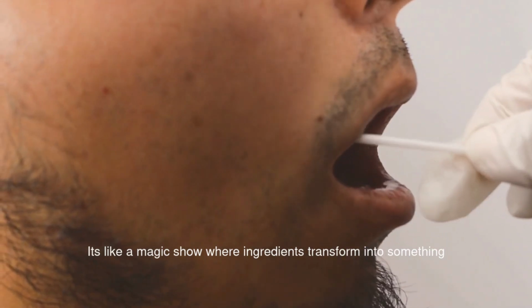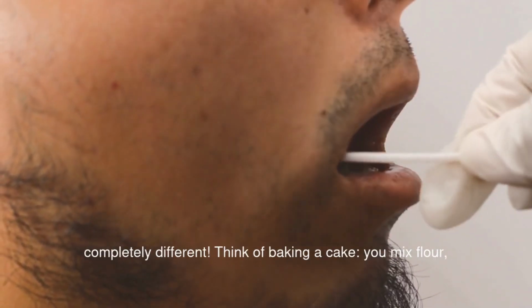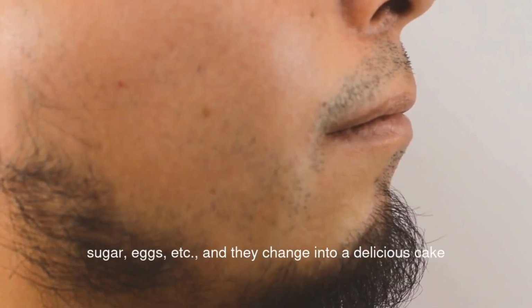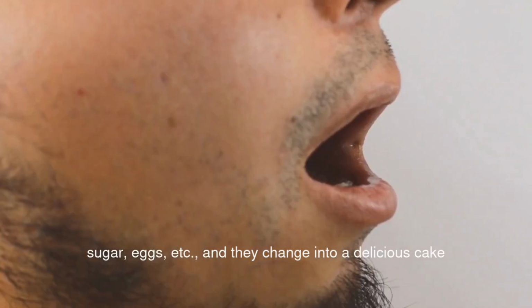It's like a magic show where ingredients transform into something completely different. Think of baking a cake. You mix flour, sugar, eggs, etc., and they change into a delicious cake, a completely new